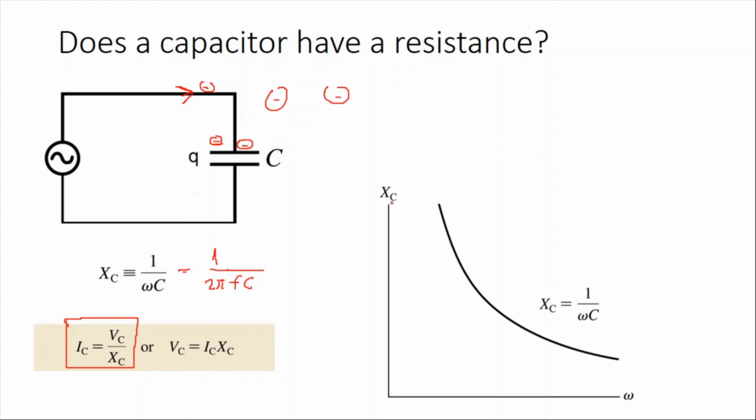Now, what is the change of the capacitive reactance, the resistance of the capacitor, with the frequency of the source? So as you increase the frequency, this is the frequency, but this is the angular frequency. Anyway, as the angular frequency increases, this is going to decrease. As you see, they are inversely proportional. So as W increases, the capacitive reactance is going to decrease. So the reactance of the capacitor is going to be high at low frequencies. This is low frequency, and here it is high frequency. So at high frequencies, the capacitive reactance will be low, but at low frequencies, the capacitive reactance will be high.